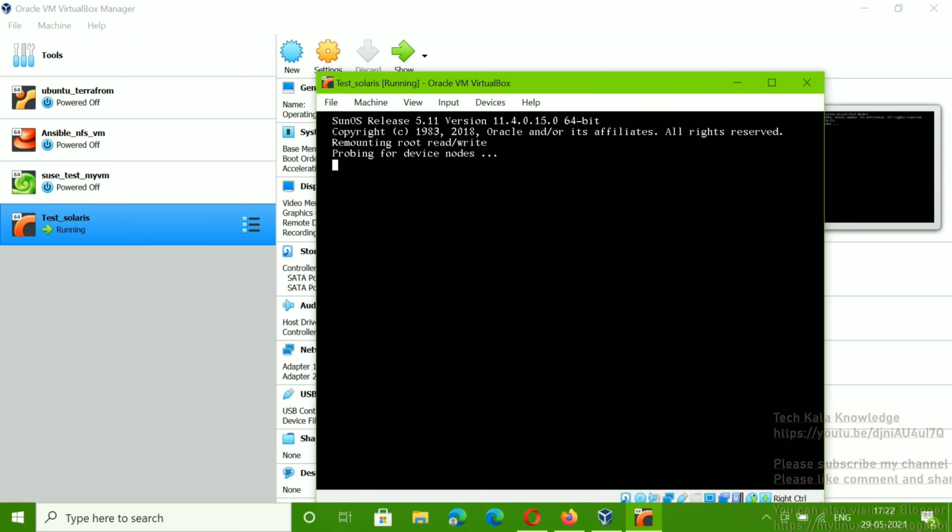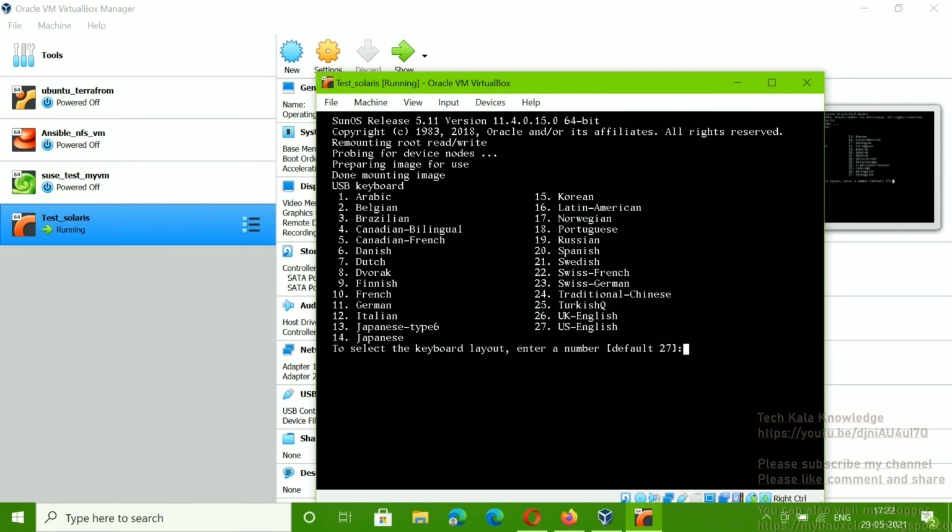So I can say, for practice purposes, if you want to install Solaris on your laptop or desktop, you can easily install it and then you can start practicing. Okay, fine.